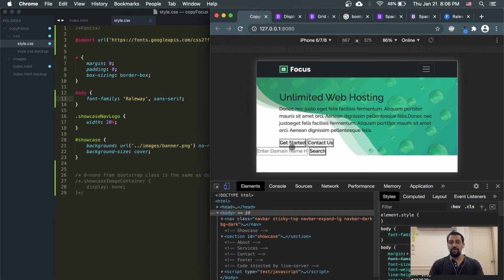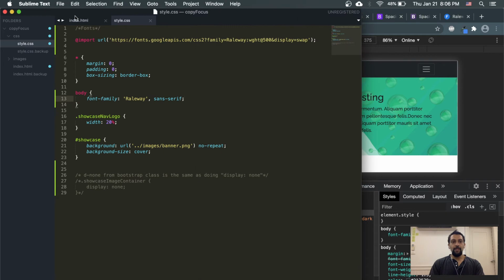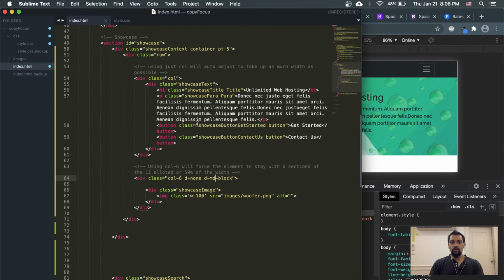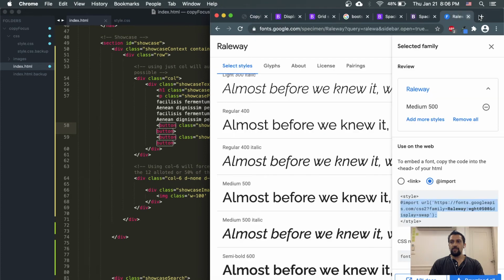Very cool. Even these have changed up. So now let's take care of the get started and the contact us. So I'll change those buttons, so buttons here, we have a couple buttons. We have the showcase button, get started, and I put in a button class just in case we need to customize it. But what I'm going to do is find the button